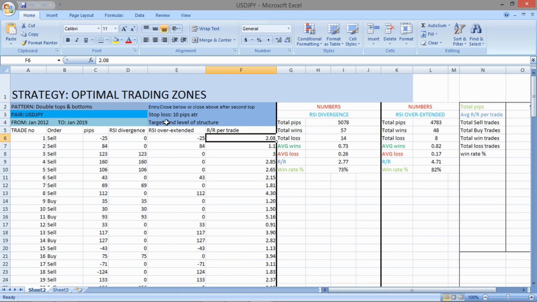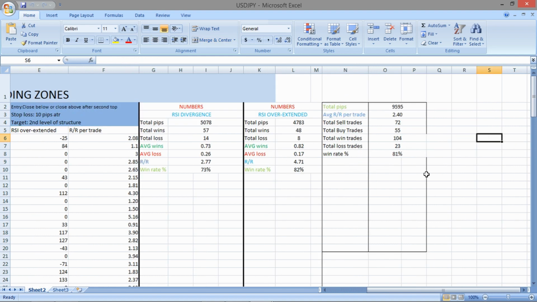This is just another strategy. No, it's the same strategy. It's the double top and bottoms. As you see, I just backtested it on the dollar yen, and we have the divergence mode and the overextended mode, which have a 73% winning rate and an 82% winning rate. So by doing this, you can know which mode makes more profit, which mode wins more often. So backtesting is awesome, because you can see